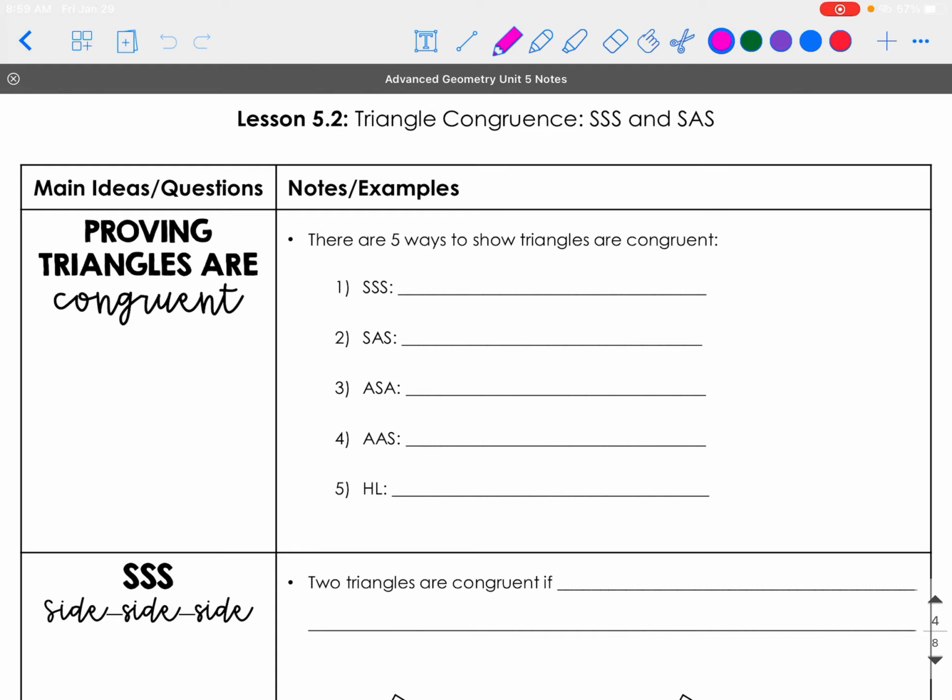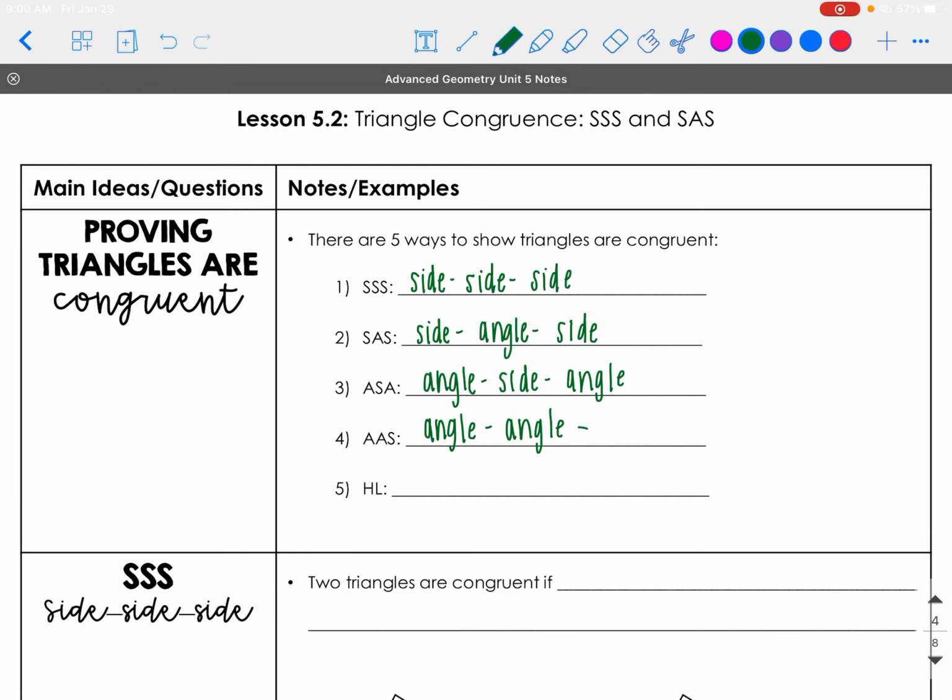So the first one is what's called side, side, side. The second one is called side, angle, side. And you can probably guess what the next 2 are going to be. Number 3, angle, side, angle. Angle, angle, side. So the A stands for angle, the S stands for side, and then we got HL, and that stands for hypotenuse,